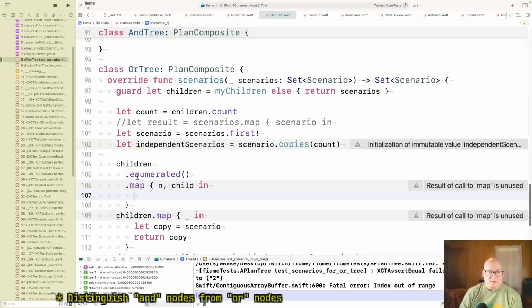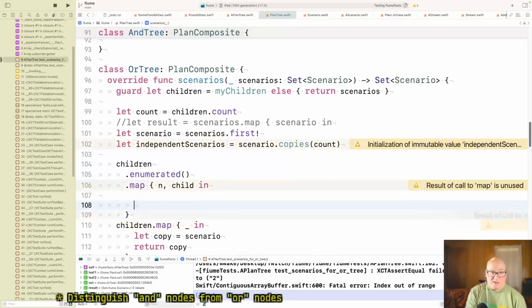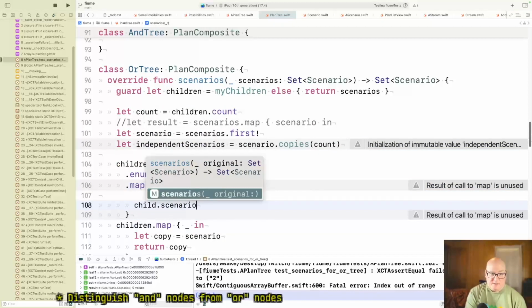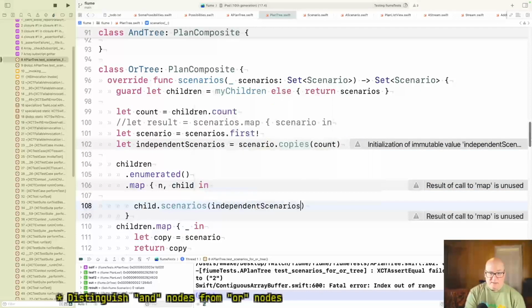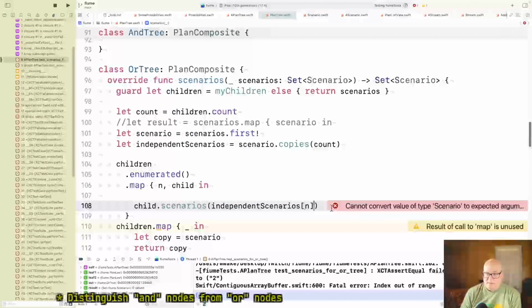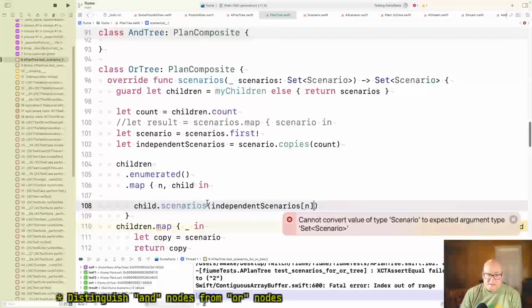All right, so I want to match up to the copy here. I'll do it this way and then we'll come back. We need to call child.scenarios, and we're going to give it independent scenarios sub n, and we'll put that in a set.